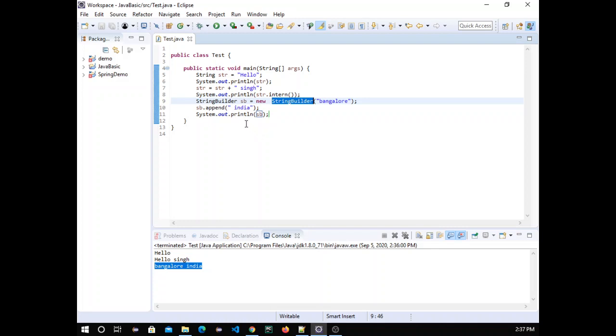There are two threads running, thread 1 and thread 2, and both want to access Bangalore, which is the current data. If either thread updates this one, the updated data can be accessed by the second thread as well. Thread 1 has updated it and the same updated data can be accessed by thread 2.